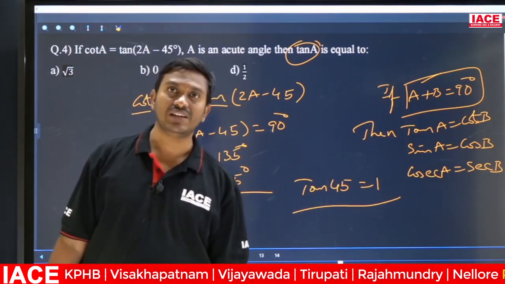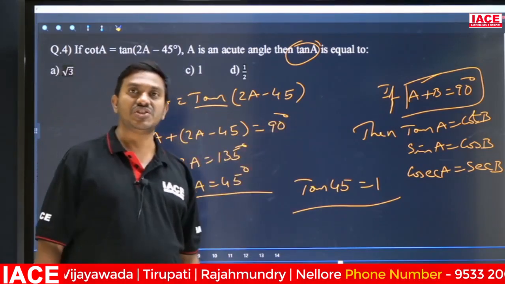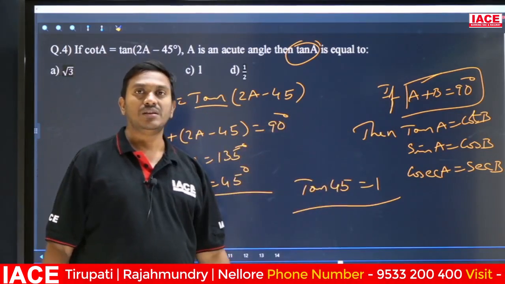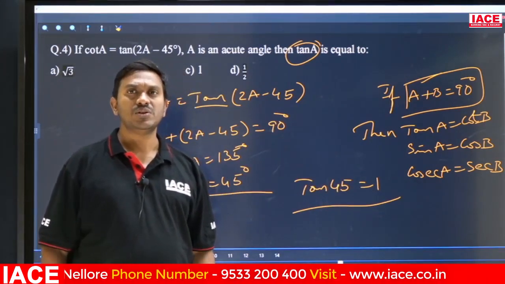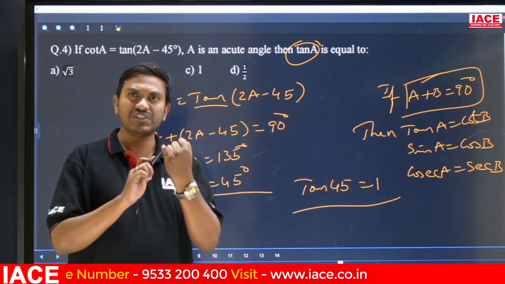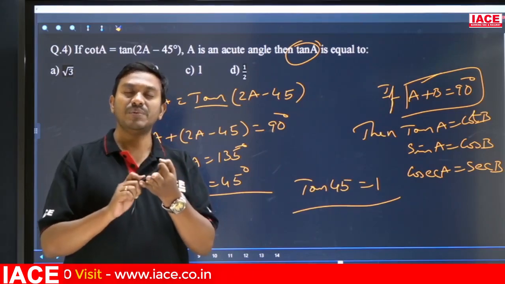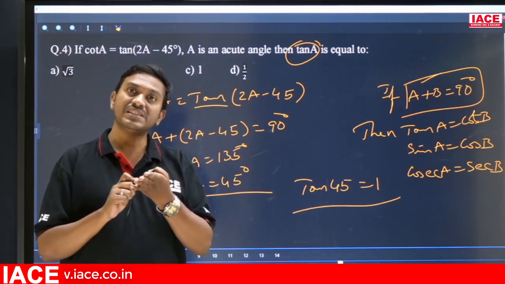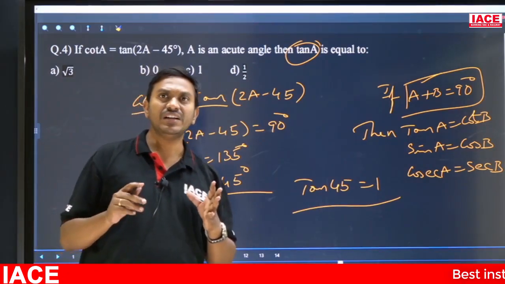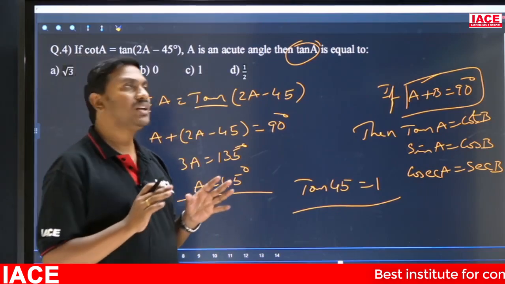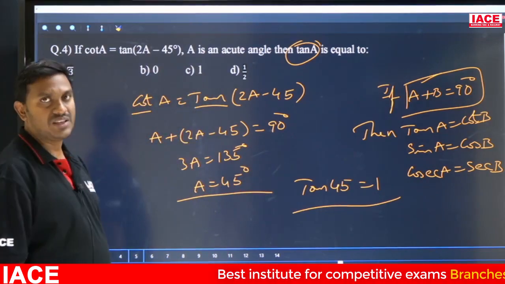Conditional formulas we will discuss actually in trigonometry, out of which one conditional problem is given here. So what is that? A plus B equal to 90 degrees. Different conditions we will discuss: first A plus B equal to 45 degrees, then A plus B equal to 60 degrees, then A plus B equal to 90 degrees, then A plus B plus C equal to 90 degrees, then A plus B plus C equal to 180 degrees. Like this, different trigonometrical conditional formulas we will discuss. Out of which one conditional formula is given here.